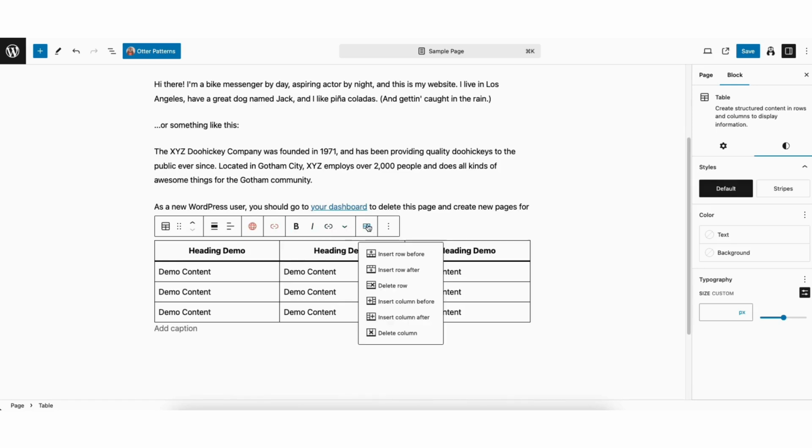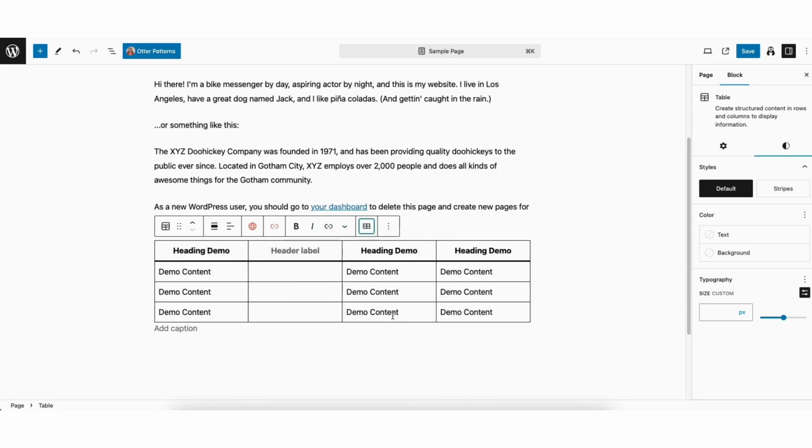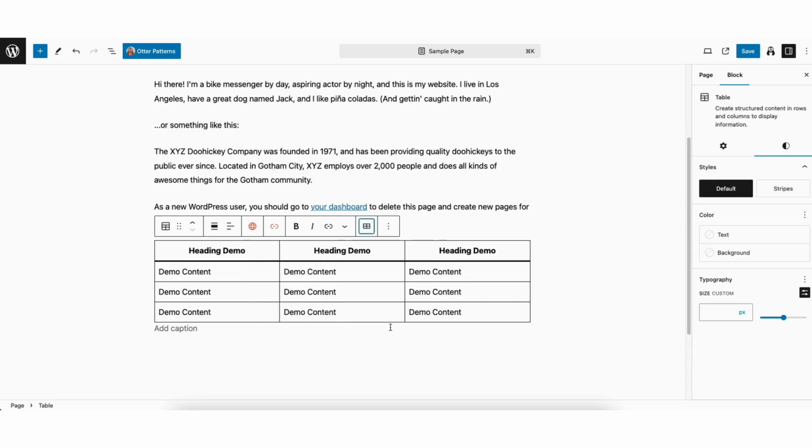I'll click the Edit Table icon, and if I click Insert Column After, you'll see a column has been added to the table. I'll click the Edit Table icon, and I'll click the Delete Column to delete the column I just added. Once you're done creating your table in WordPress, click the Save button at the top right to